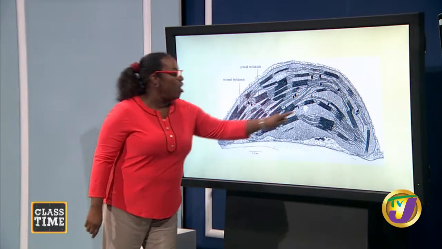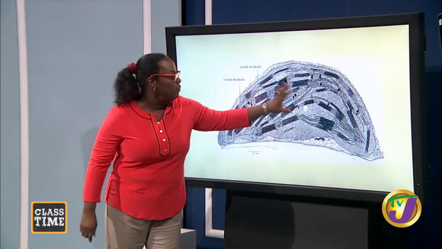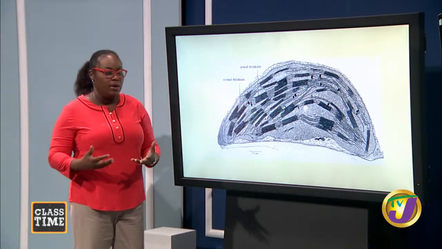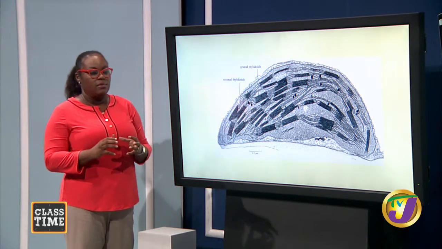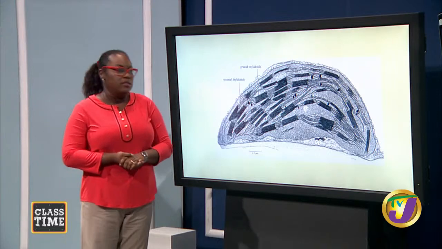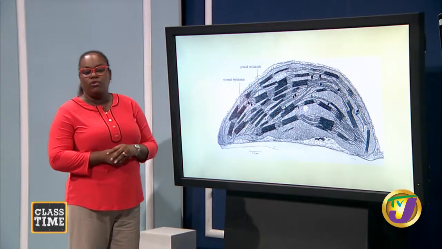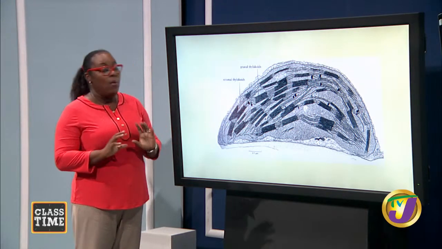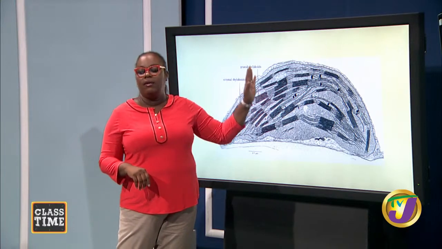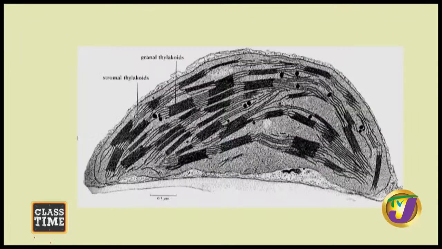Now, around the thylakoid membrane, in the space in between the thylakoid membranes, you have what's called the stroma. The stroma is like a gel-like substance, mainly made of water, containing enzymes, proteins, and so on, that also contribute to the whole process of photosynthesis. However, for today's class, we are going to be focusing on the thylakoid membranes, because that is exactly where the light-dependent stage of photosynthesis takes place. All right? So let us move on